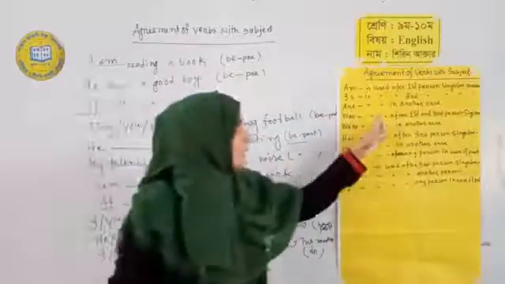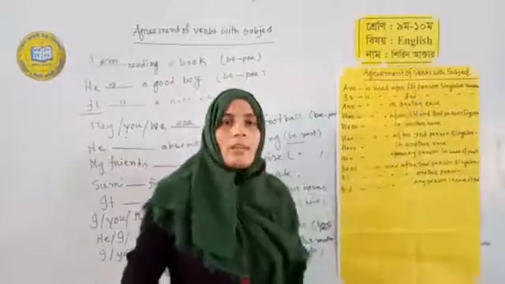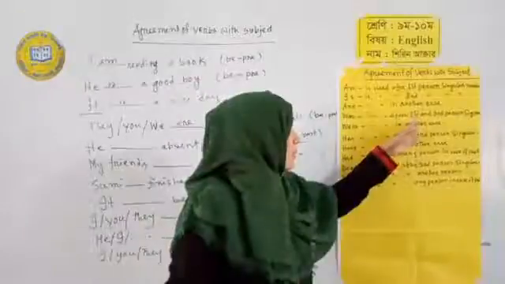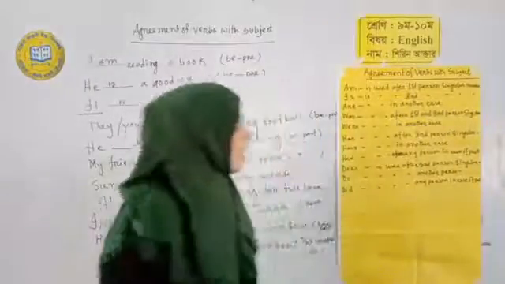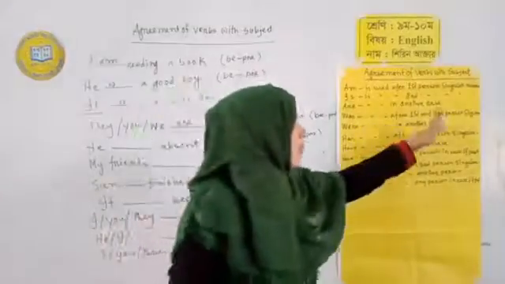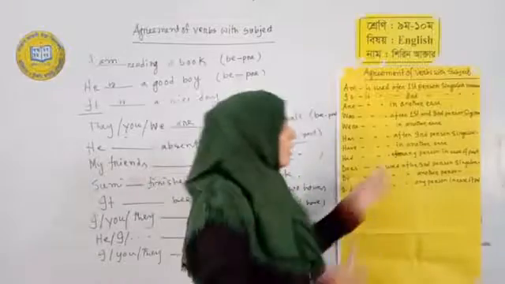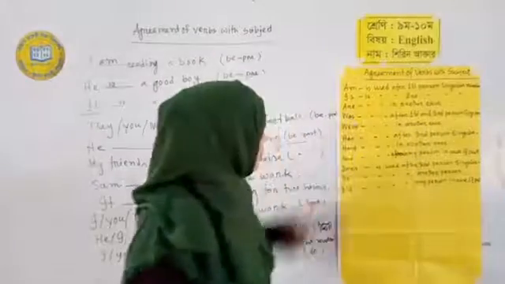Was is used after first person singular and after third person singular number. We know first person singular number is I and third person singular number. You know what are the third person singular numbers,